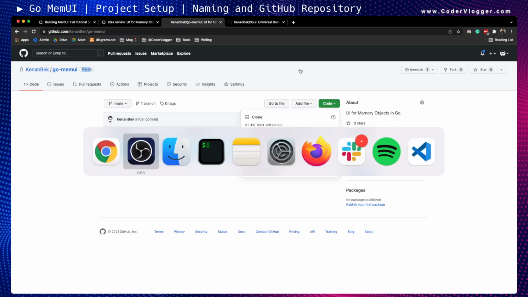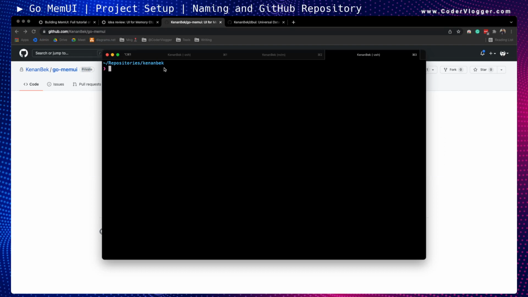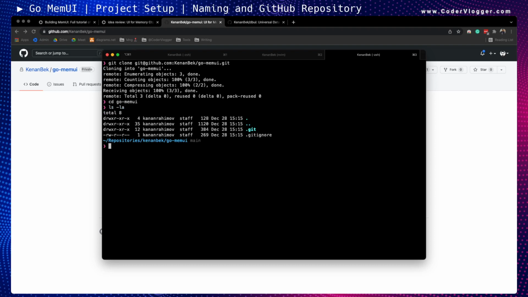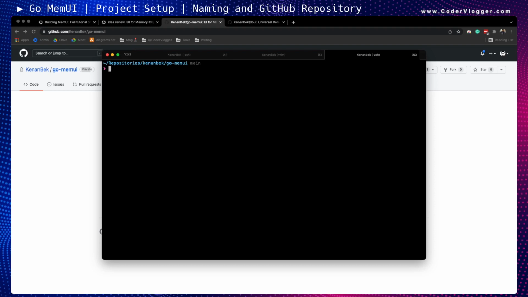I will move back to my terminal application. Repositories. So usually I keep all my projects under my username in the home directory, repositories. I will also do git clone here. Copy paste the address of the repository. And we will do one more step as part of this video. First of all, we can see what's the structure. It's quite a basic structure for now. And what we can also do, we can